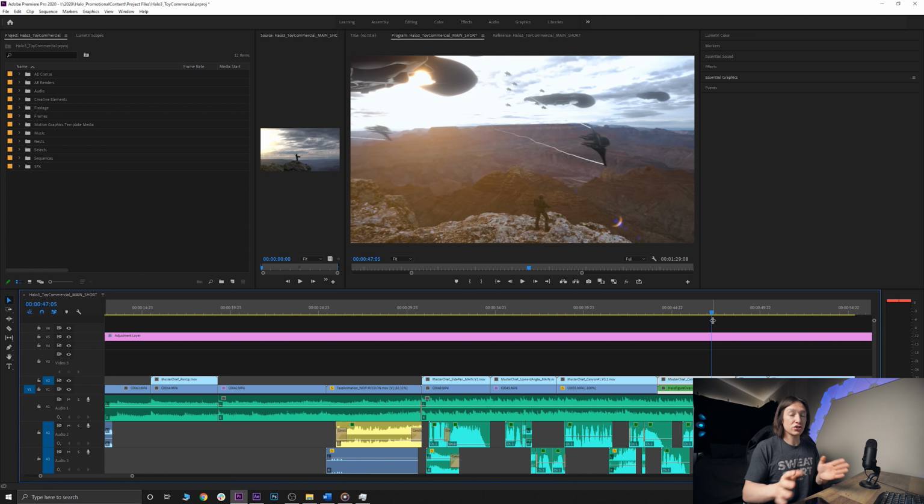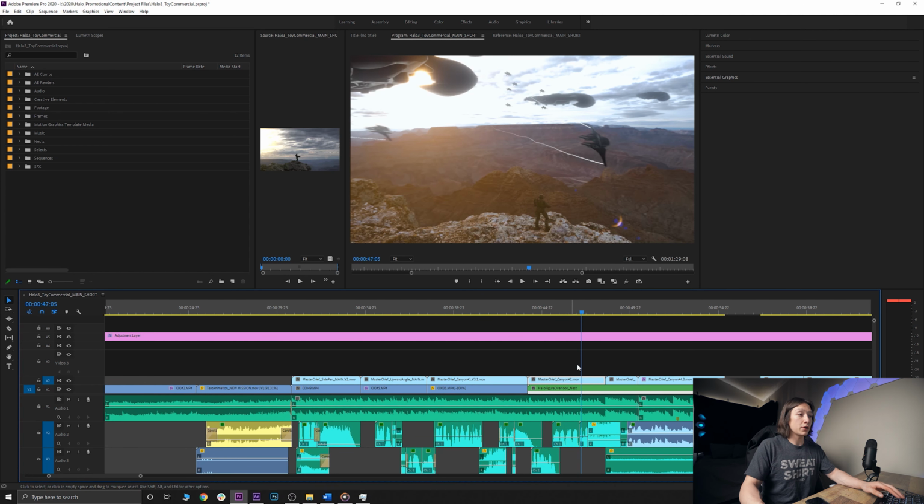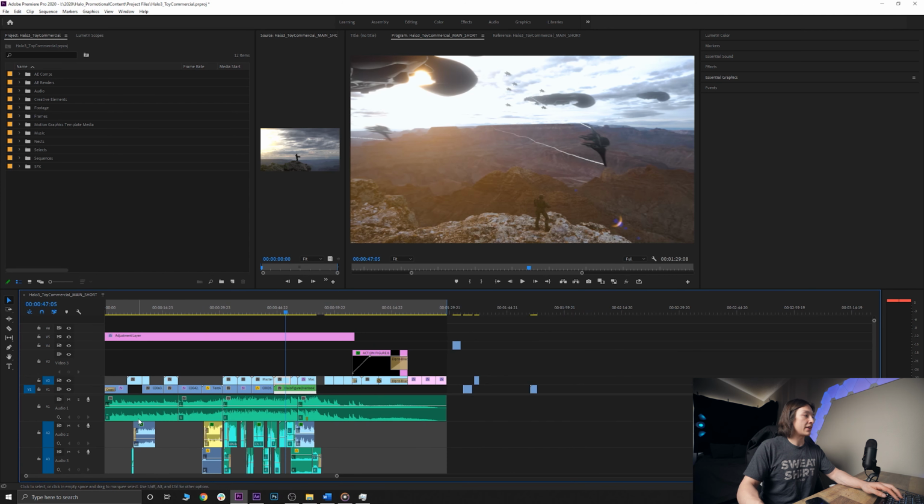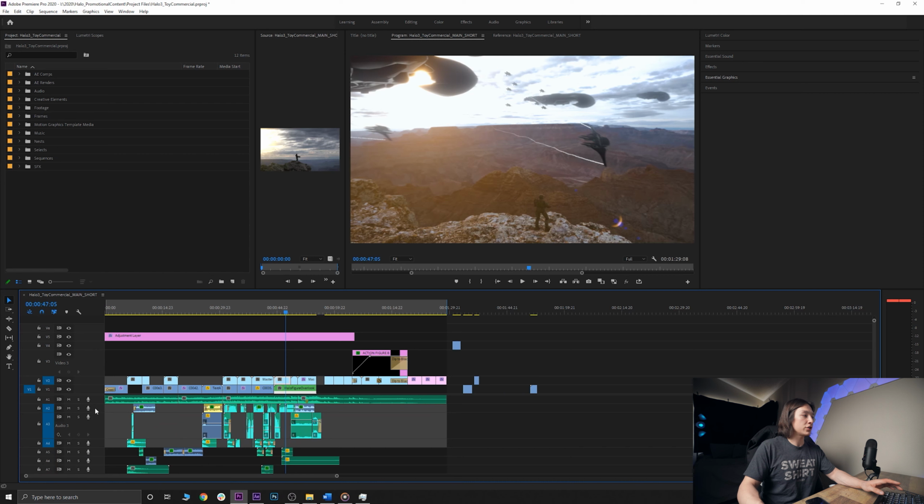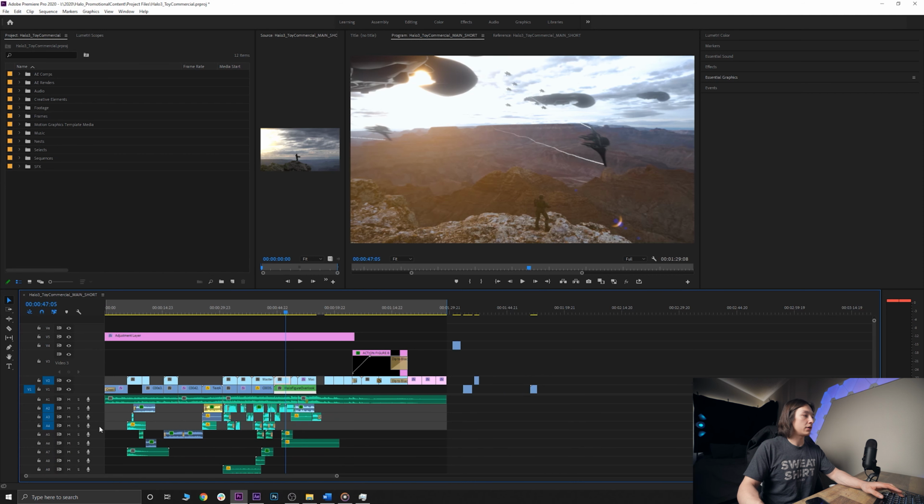Right now, we're really just trying to look at the timeline here. So this timeline, overall, is not super complicated as far as the cutting. Now, where it does get a little hairy is the sound effects. So if we scroll out really quick and then double click on our audio tracks, we can collapse them, make them a little bit smaller. We can see here